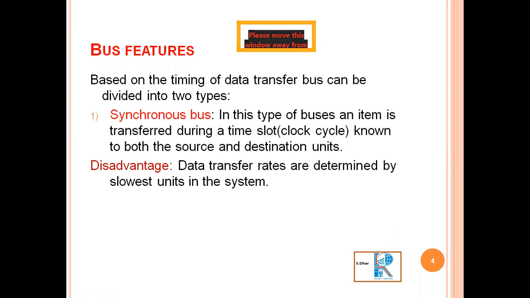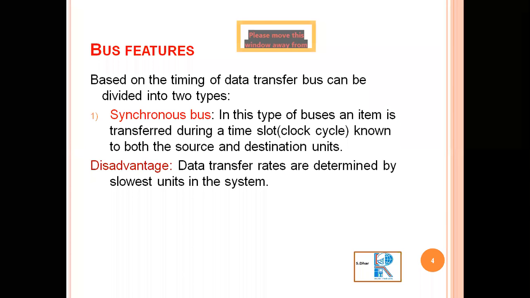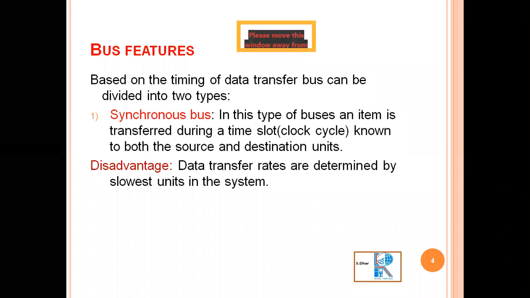What is the meaning of that? That means if I transfer the data from one device to another device using the clock, the CPU or the total system has to wait for the slower device, because one clock is related with the particular system. Just like that,